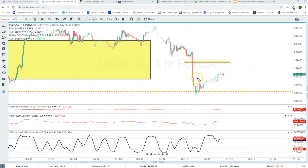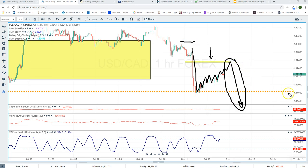More than likely, here's two ways to play it. If you bought it low, you're looking to take profit around 32.50. If you're waiting for 32.50, that's probably not a bad spot to sell. If we go straight down, slow, slow, slow, you can sell that zone and put a stop loss above these highs and go after a new push lower. Again, if we're pushing into 31.80 or lower,